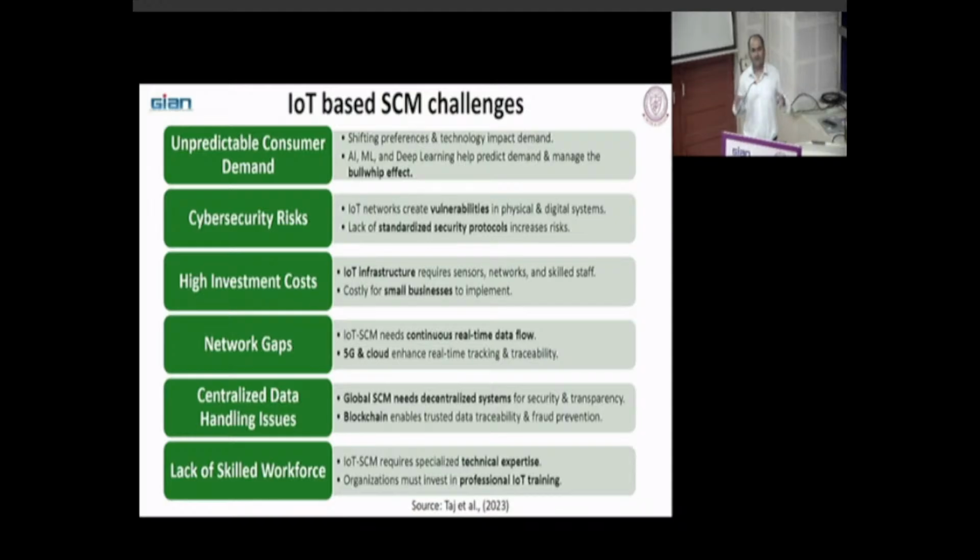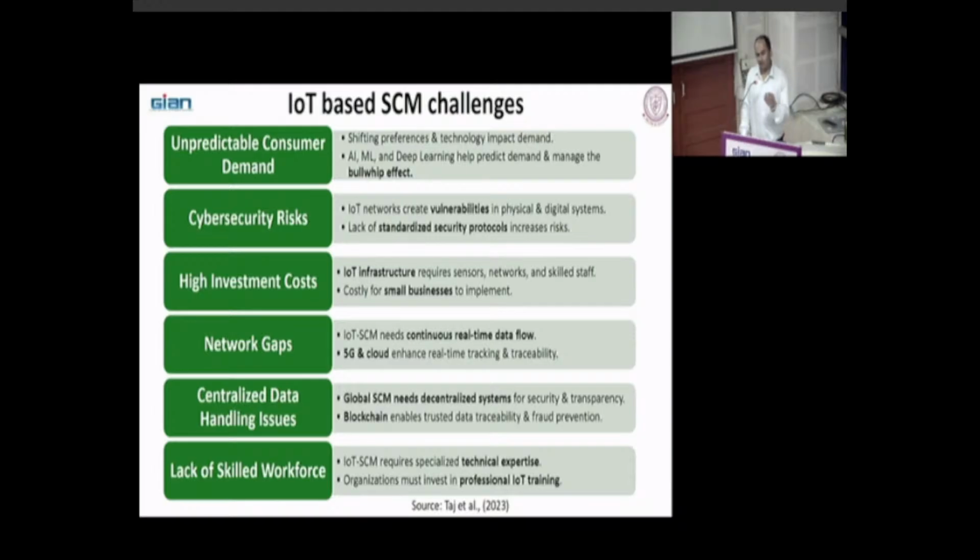Everybody involved in your supply chain, it could be the workers, the third-party logistics provider or others, needs to be aware of these IoT devices, and then we need those technical experts so that we can inform everybody of the benefits of these IoT devices. Organizations must invest in professional IoT training. There are benefits of this IoT technology. We have seen so many things, but another important thing is the information available.